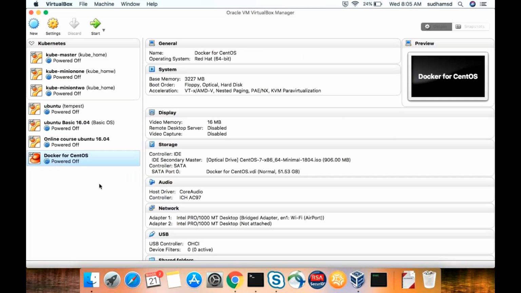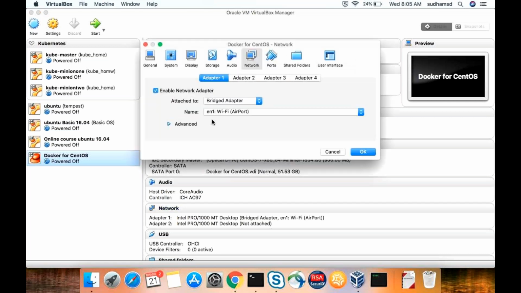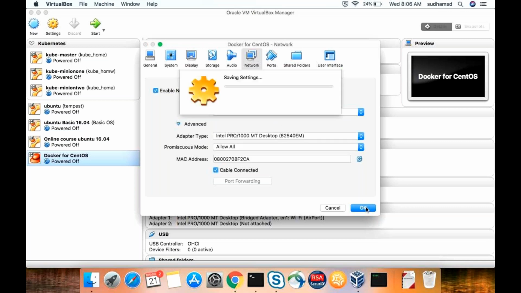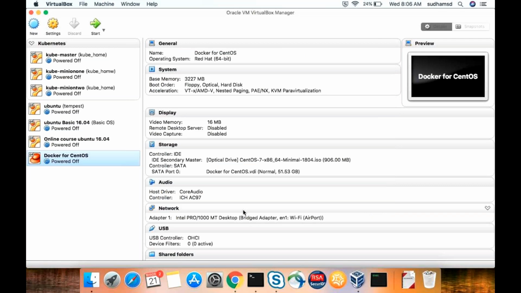So whenever we restart this VM, does it not get a static IP then? I didn't get you. So it's a static IP, right? I'm trying to give it. As of now, this is the settings I've given. The second adapter I had disabled; on the first adapter I'm only giving bridge. Click on OK. Now we can see I have only one adapter. Let's see what things we need to do, then you'll understand.